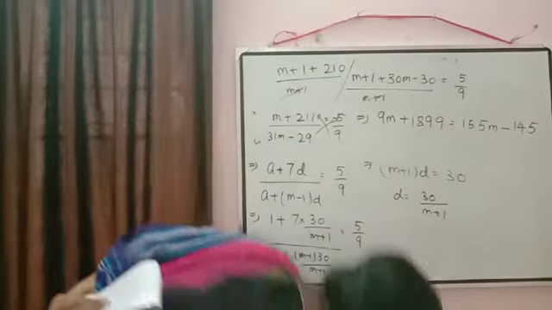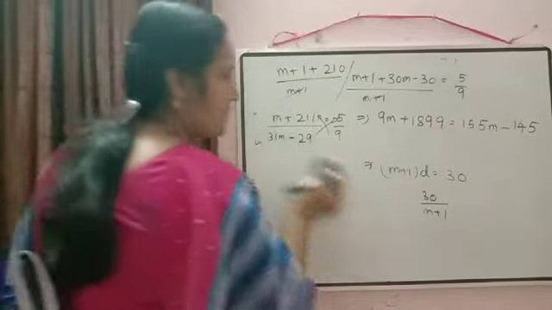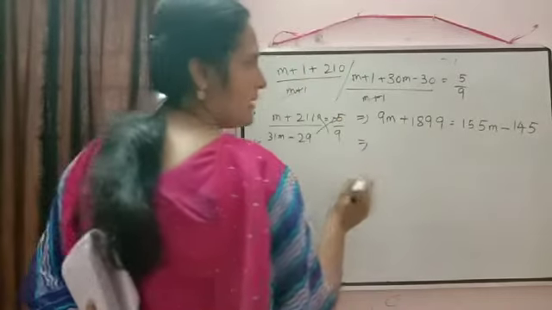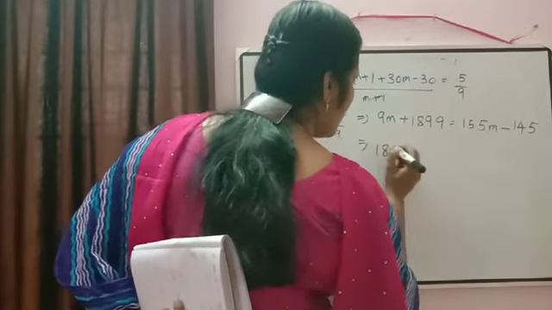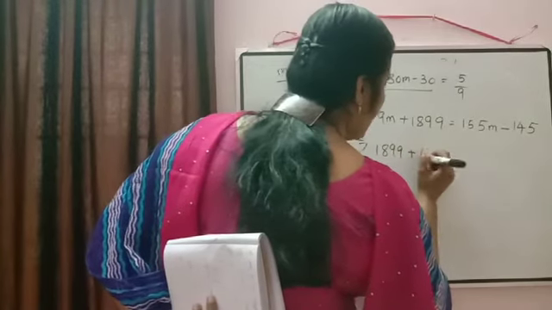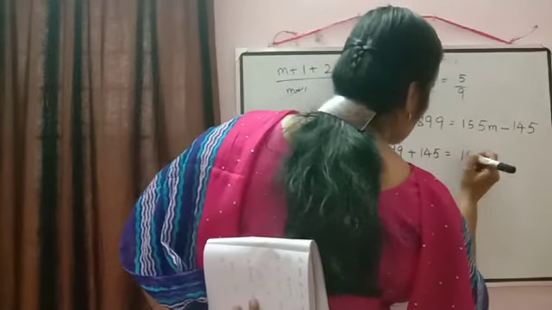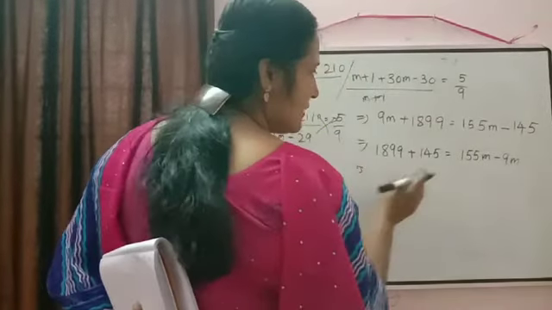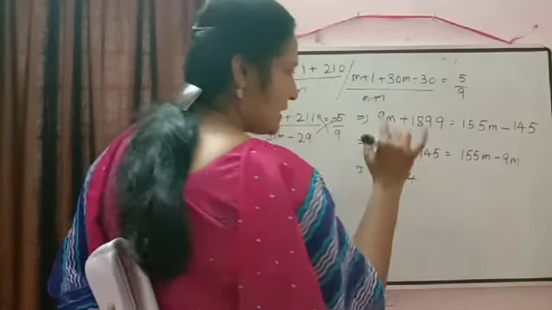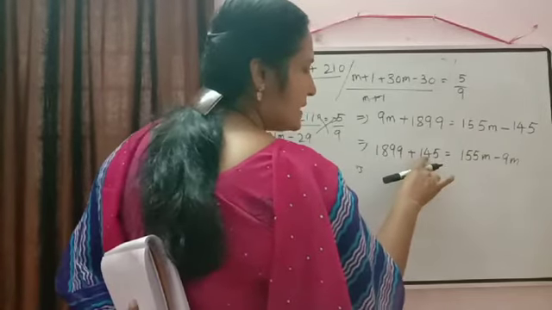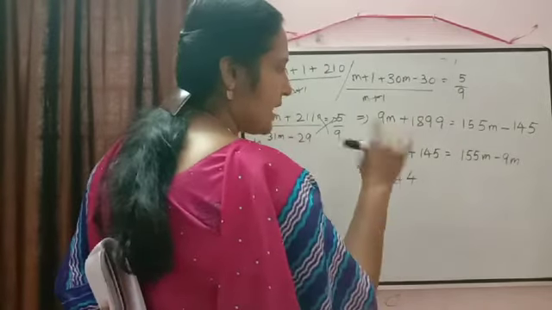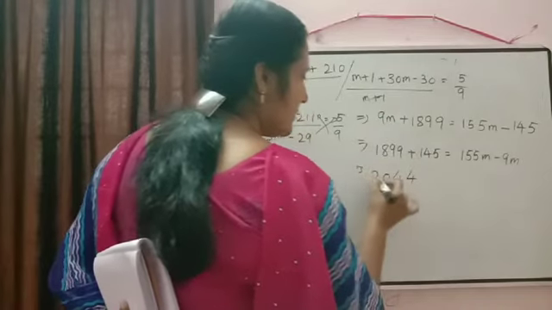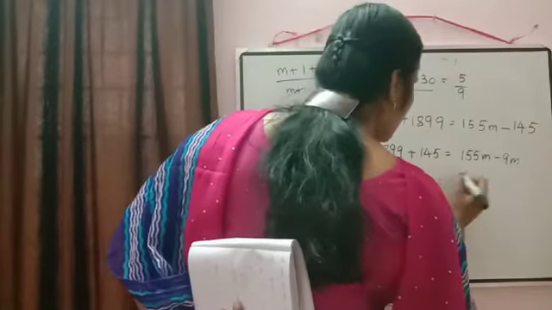Now, in which term m is there, that we can shift to left hand side, or that we can shift to right hand side, and this one we can shift here. So it will be equal to 1899 plus 145 is equal to 155m minus 9m. Now this one we can add, 9 plus 5 14, carry over 1. 9 plus 4 13, 13 plus 1 14, carry over 1. 8 plus 1 9, 9 plus 1 10, carry over 1. So it will be equal to 2044 is equal to